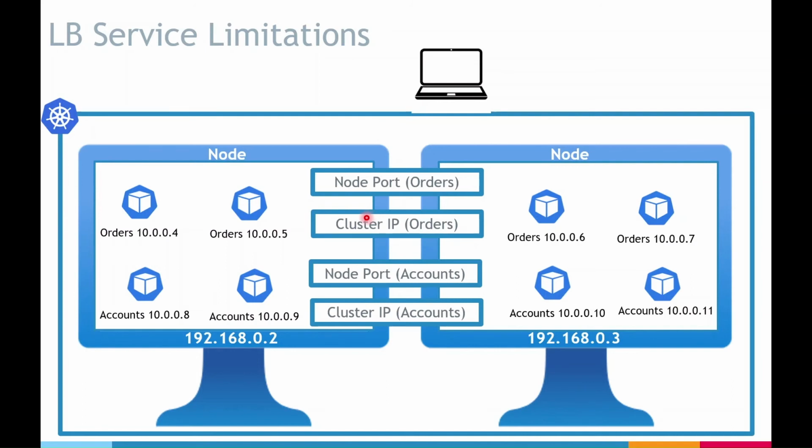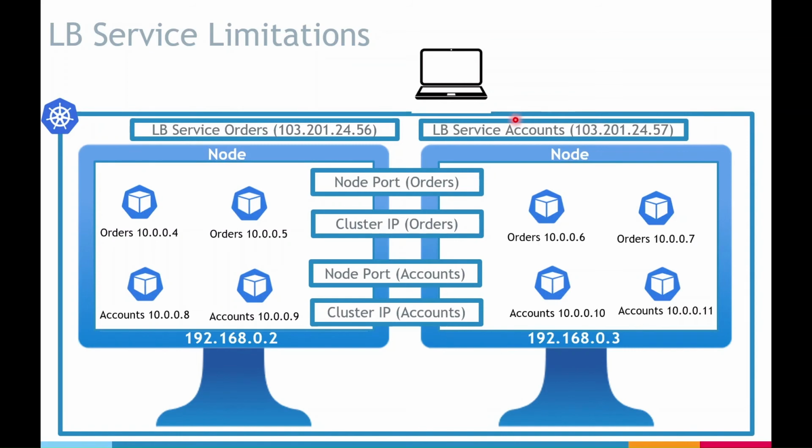Now let's move to the load balancer. So we create a load balancer. Now observe that there is some change here. This load balancer is for orders and the other one is for accounts. Now I ended up creating two load balancers. But why do I have to create two load balancers? The problem here is that when you create a load balancer service on any managed service like Google Kubernetes Engine or maybe AWS EKS,